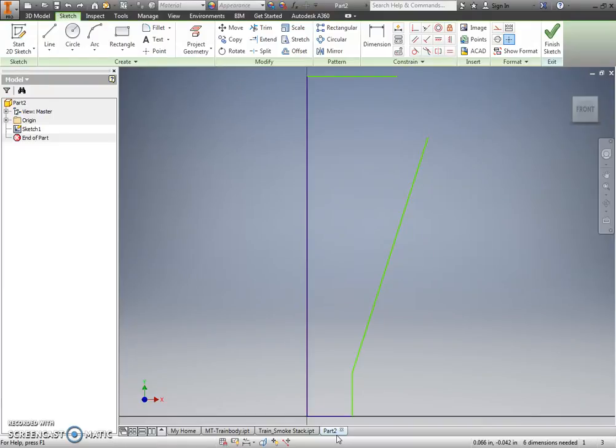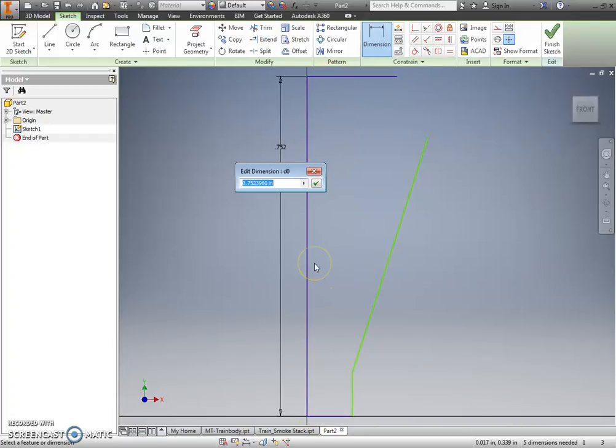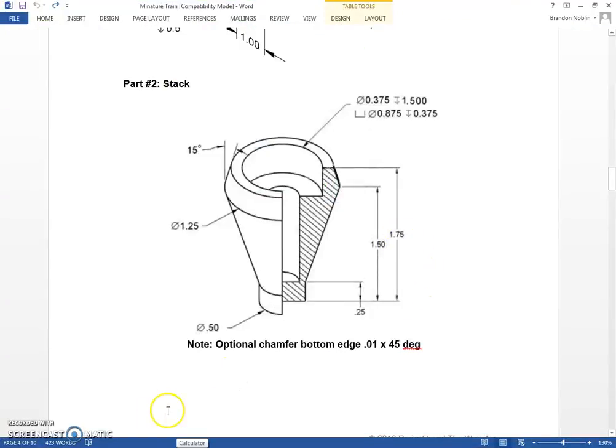Generally speaking, when I'm replicating provided stuff, I tend to sketch the geometry that I need, avoiding dimensions, so that way I can just click back and forth and add the dimensions that I need. When I follow those procedures, it's easiest if you provide your overall dimensions first, because that'll scale the sketch for you. So for example here, the overall height of this part ends up being 1.75, and when I